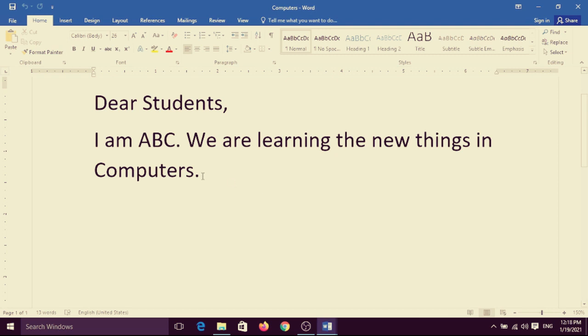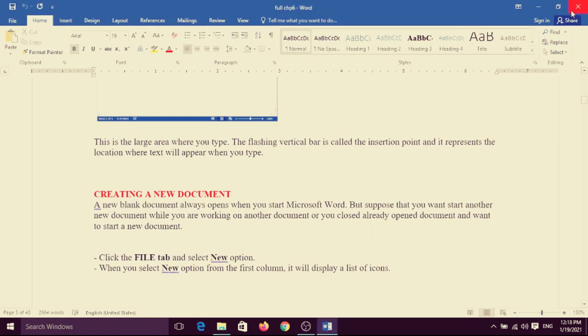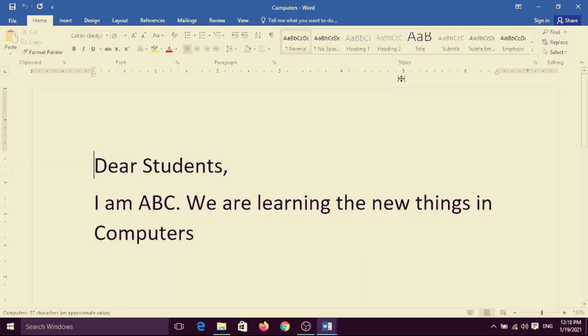Suppose I want to remove this dot and save this file, press Ctrl S and close this file. Now double click on it. Yes, see, the dot has been removed because you saved this file.